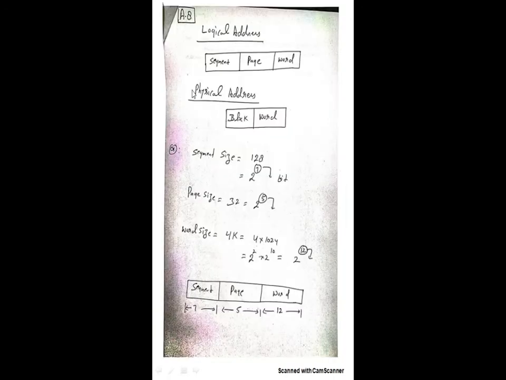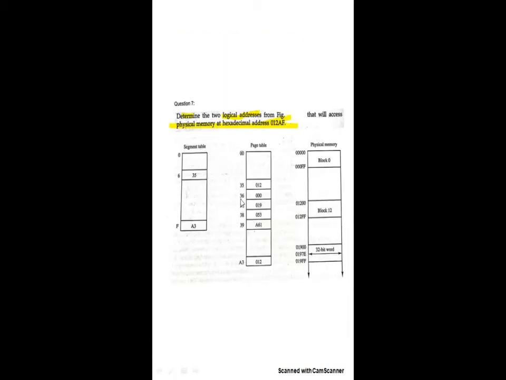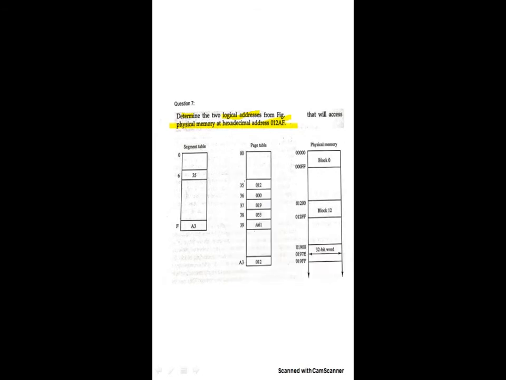Okay, how will you do that? Now you will do it like this. This block number 012, go back to the previous slide and find which segment it is in. Okay, 012F. Now you see here, this is the block number, this block 012F, right? Now this block 012 is present in which page? Page 35. Hope you are seeing this. You see here, it is present in 35. And now you see this 35 is present in which segment?